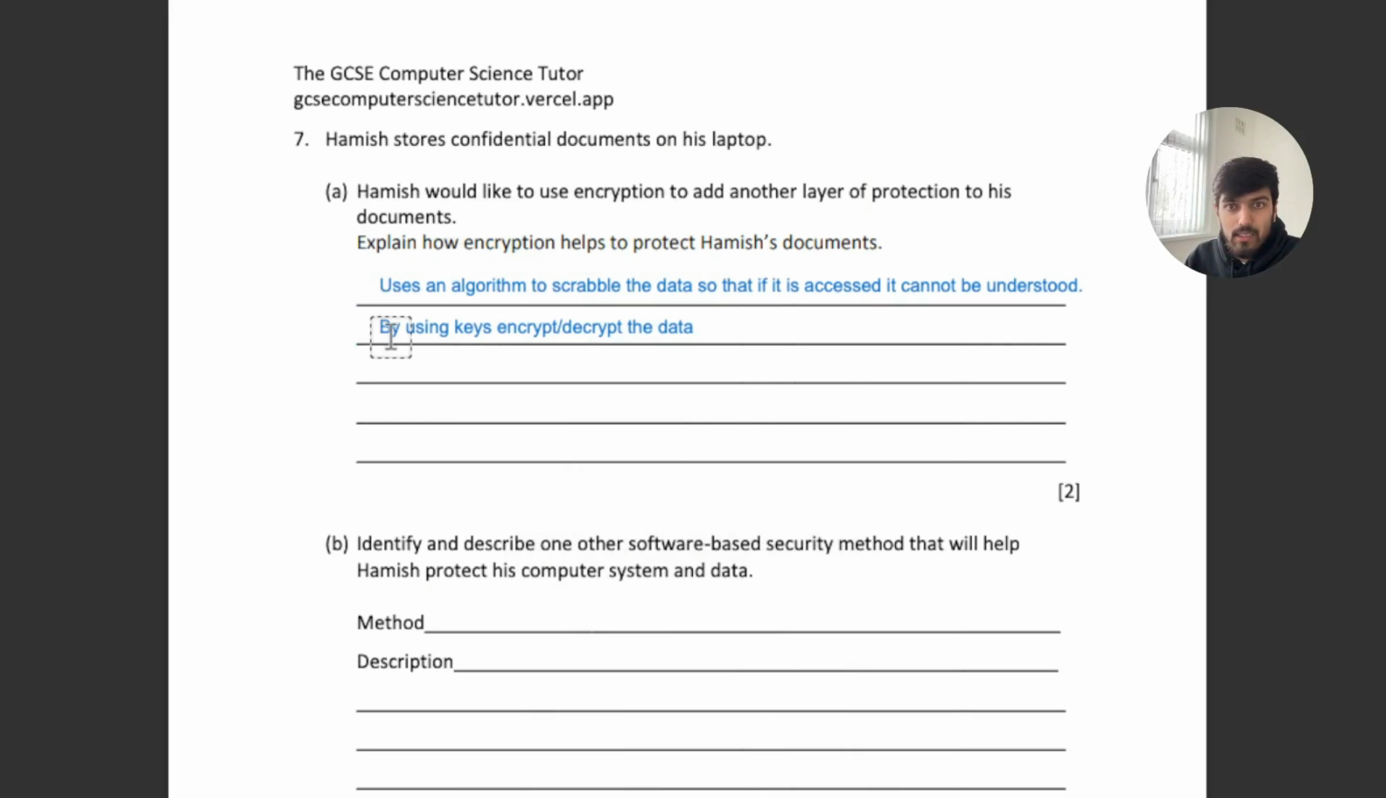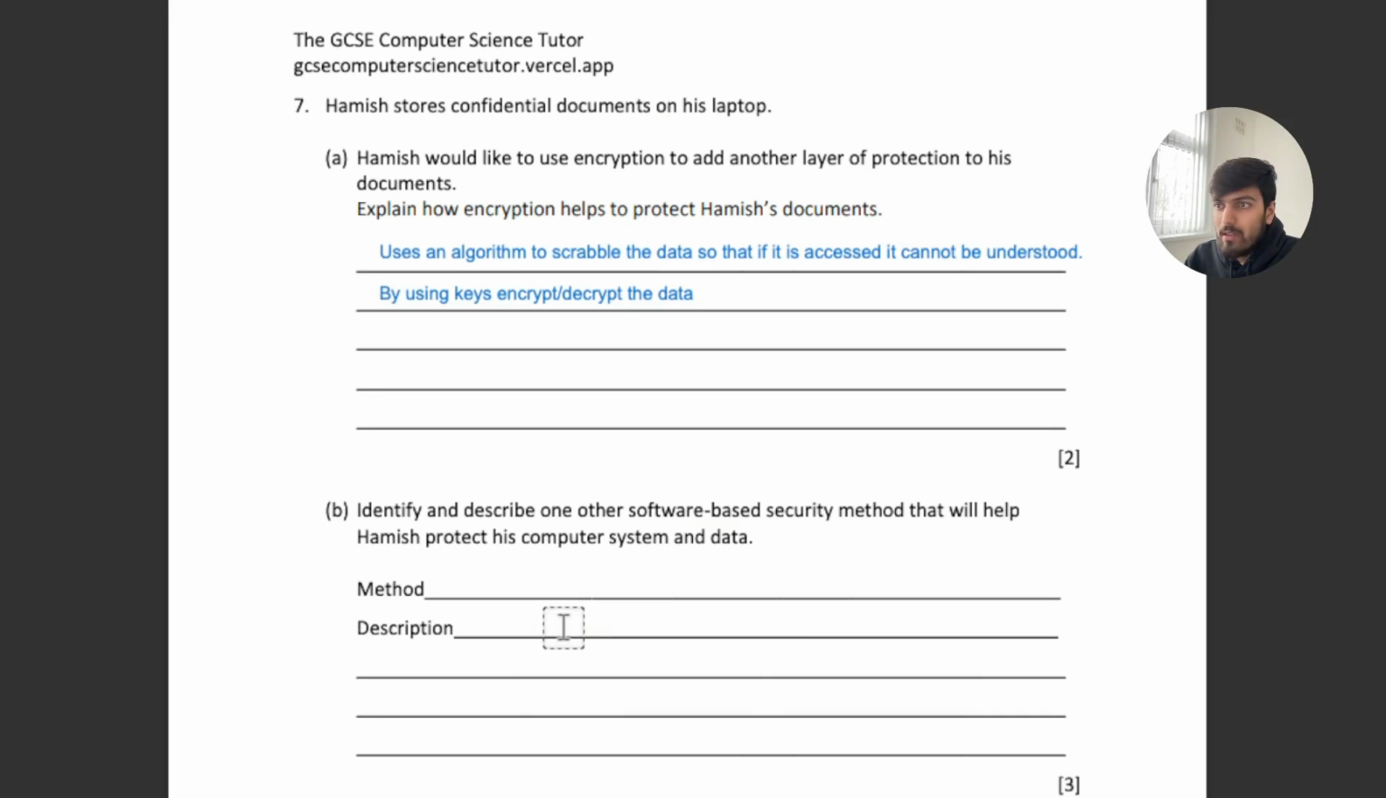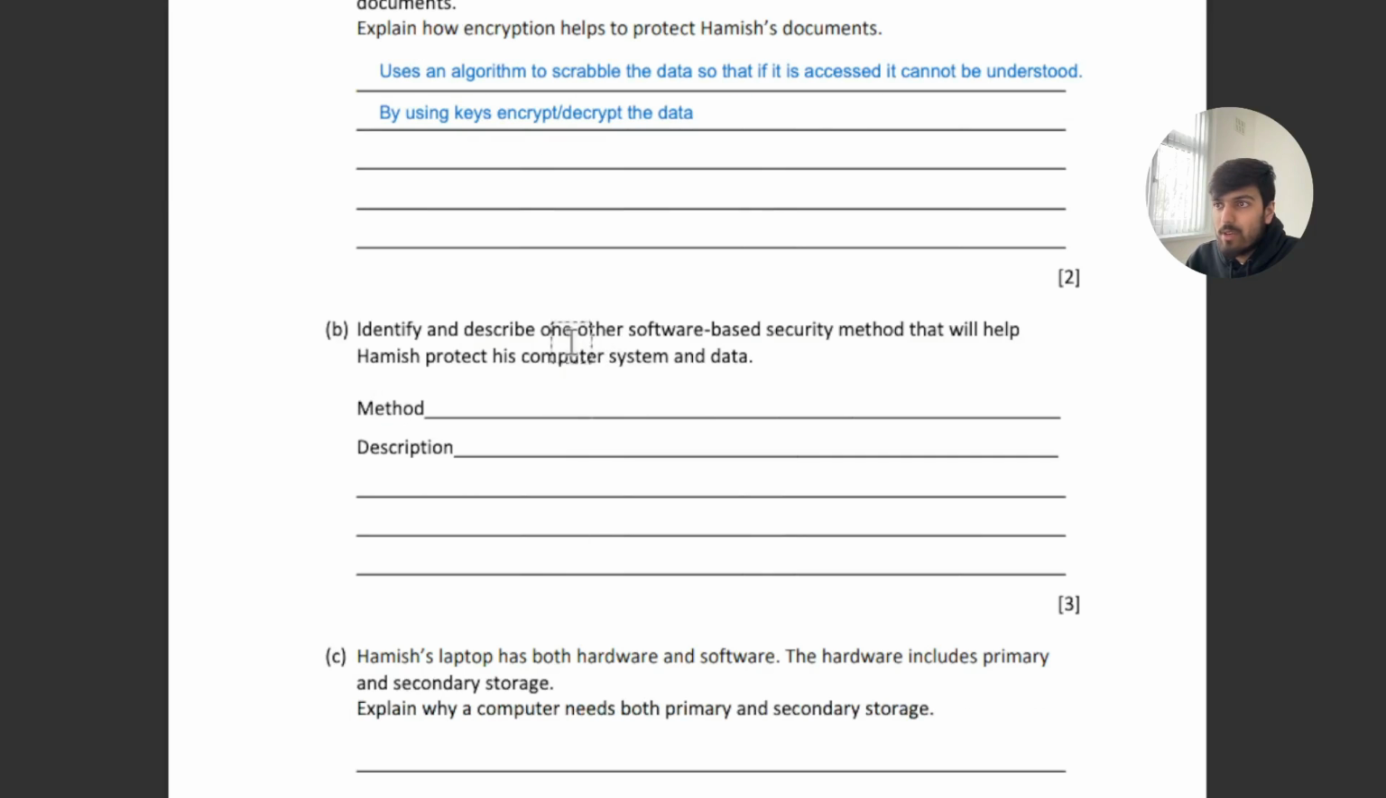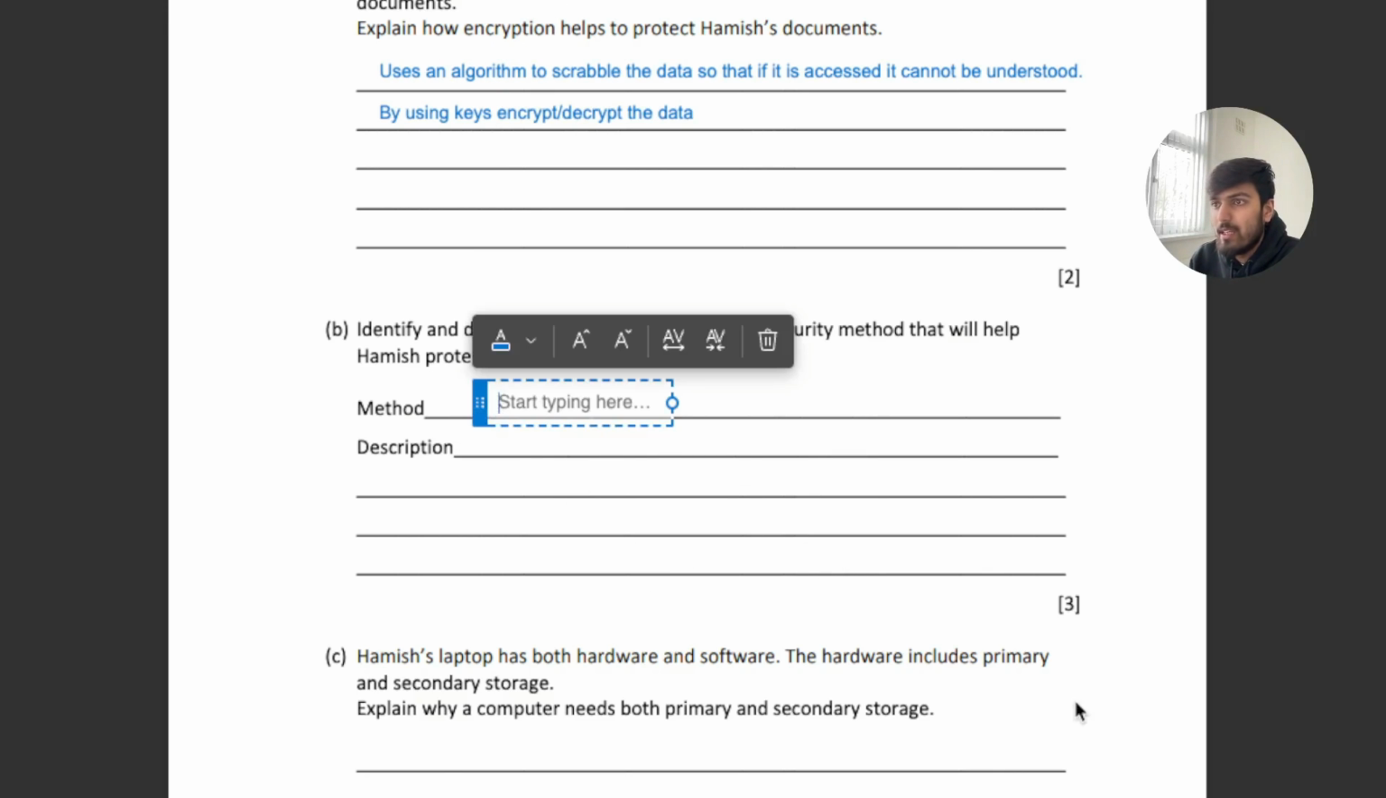So yeah, this is what you have to write for part A. Part B says identify and describe one other software-based security method that will help Hamish protect his computer system and data. So we've given encryption, so we can't use encryption, we have to use another one, which we can basically just say firewall,